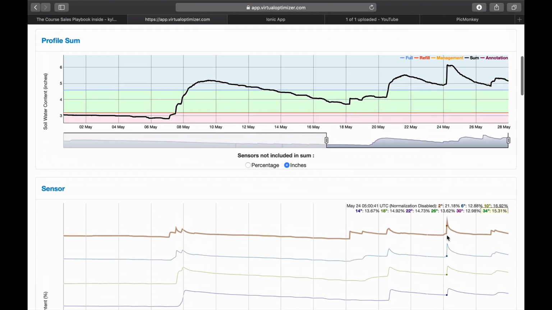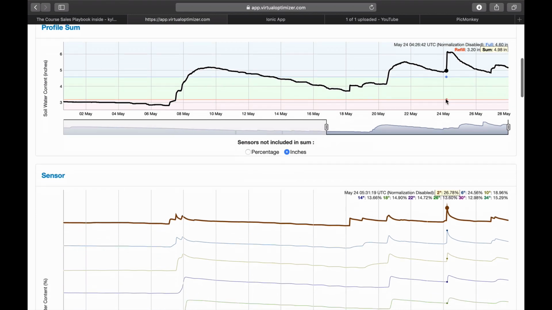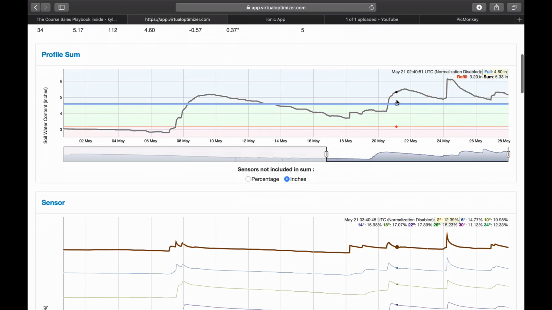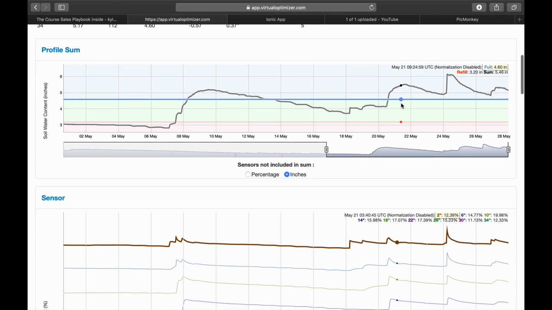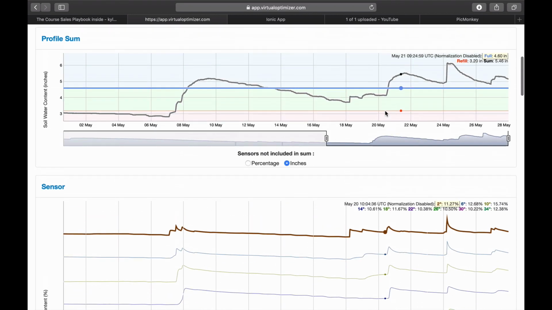So when I come back to this point, look at that, way over full. That is what we would expect to see, right? It is really wet. So when I come back down to this data and ask the question, should I change the refill point? At this point in time, I'm going to say probably not. I'm going to leave that refill point the way it is, because knowing that this took 2 days or a full day here and almost 2 days here to get that moisture content all the way to the bottom, at this point in time, I'm going to say hold off on changing the full point,